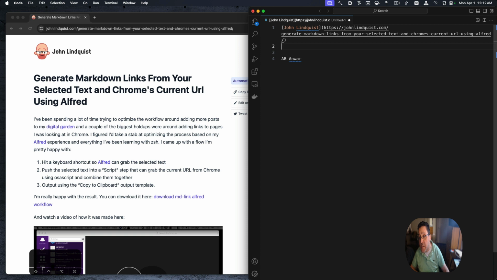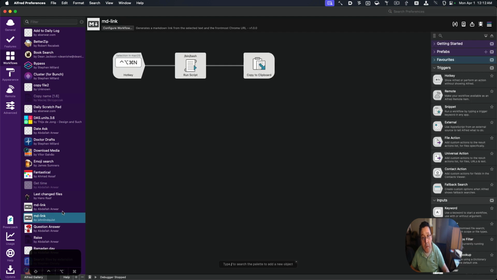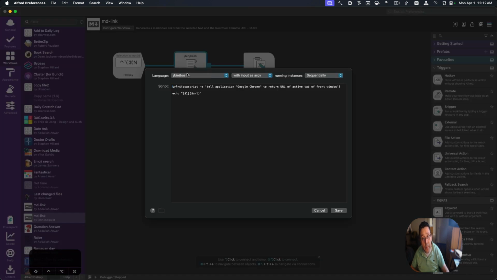And here's the Alfred workflow. If we go to Command spacebar and then Command comma, and his workflow is this one, and he has I put in this shortcut, and this is the script for using Google Chrome,